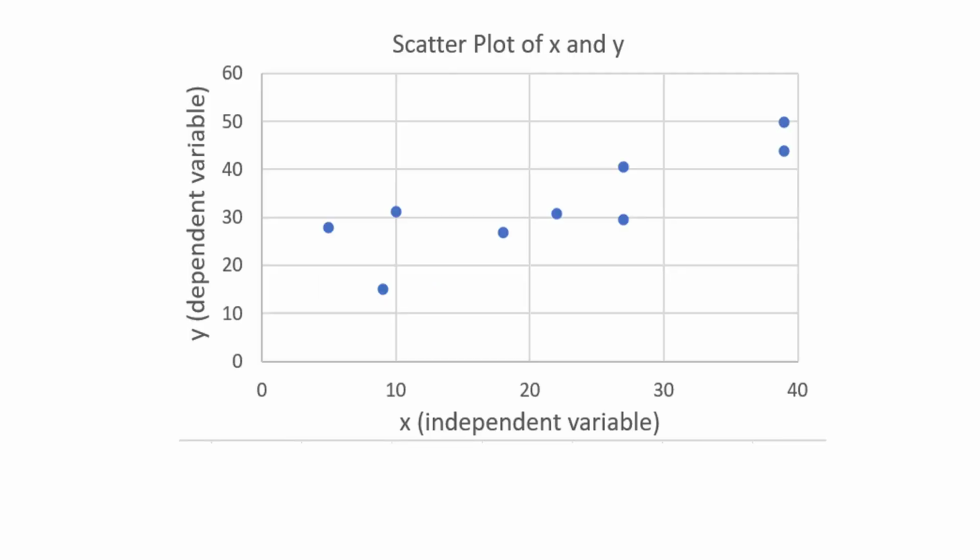Now, linear regression is tied very closely to the scatter plot. Specifically, linear regression is the process of trying to find the line of best fit for the dots on a scatter plot. But what exactly do we mean by the line of best fit? Well, what we mean is we are trying to minimize the vertical distance from each dot to the line on the scatter plot. Well, if you want to get technical, we are actually minimizing the squared distance from each dot